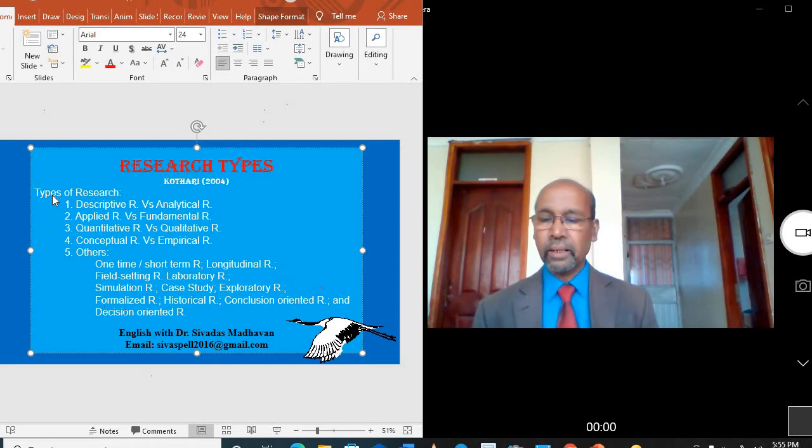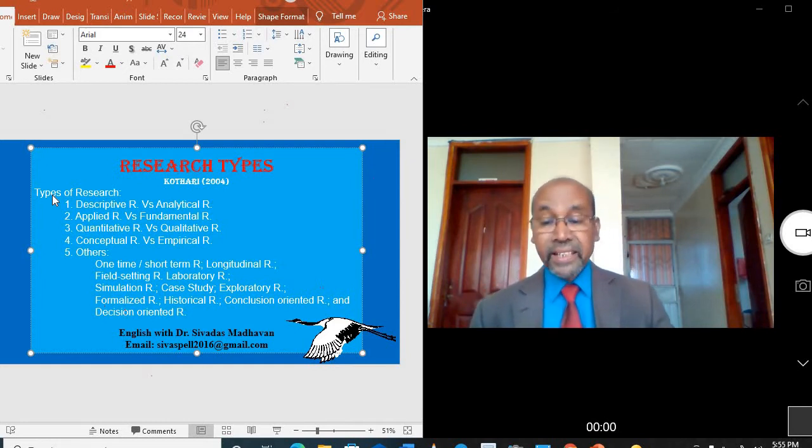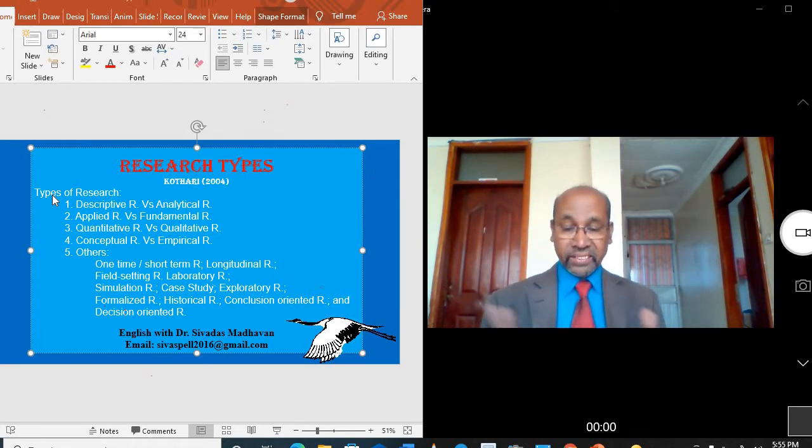The first one, descriptive research versus analytical research. Descriptive research is just describing the state of affairs. It has another name, ex post facto research. It just describes the state of affairs. But analytical research is just to analyze the facts and make a critical evaluation. So these two, descriptive and analytical, belong to one group. And the second group,